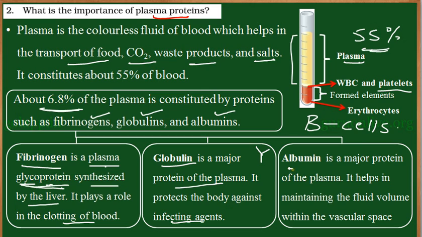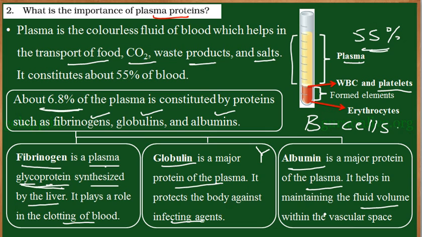Along with that, albumins. Albumin is another protein produced by the liver. These plasma proteins help in maintaining the fluid volume in the blood, that is, they help in maintaining the homeostatic condition. They create an osmotic pressure and maintain the blood fluid volume, which is very much required for the normal functioning